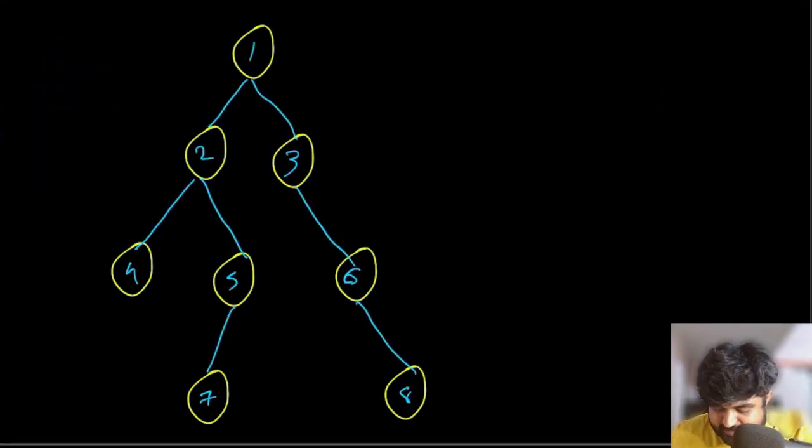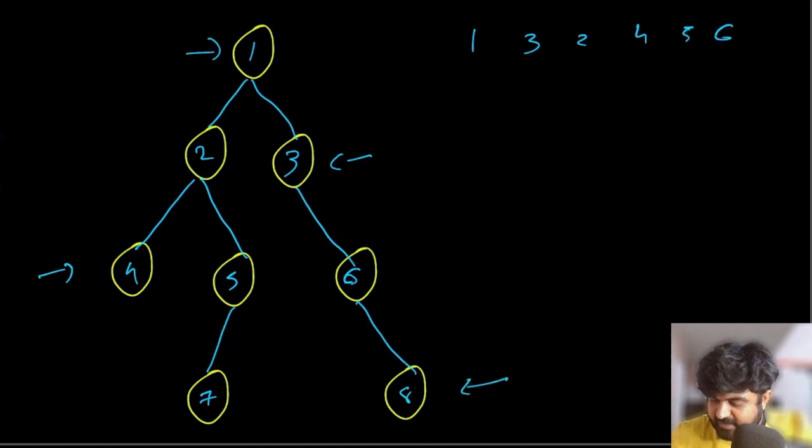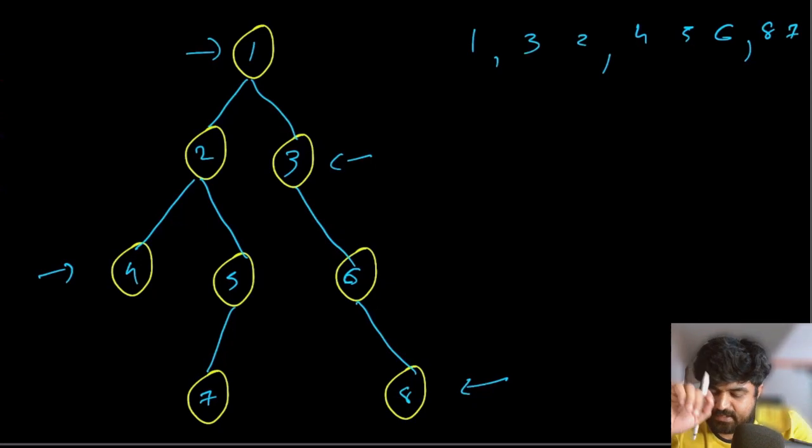Okay, suppose this is the input we are given. First let's see what the zigzag level order traversal is going to be. First we visit value number 1, then in the zigzag fashion the values are going to be 3 and 2, then again reversing direction, the values are going to be 4, 5, 6, and then again reversing, 8 and 7. This is going to be the answer for sure. We already know that. But how are we going to come up with the answer?